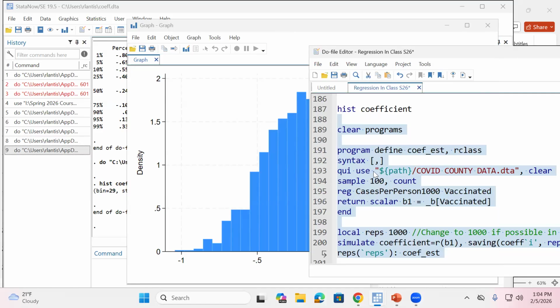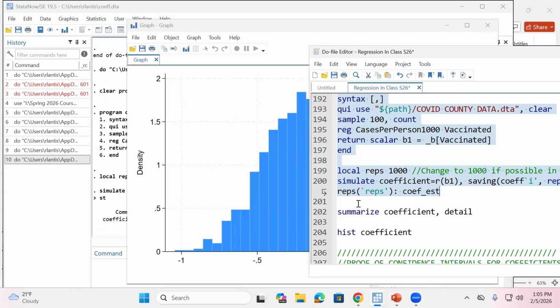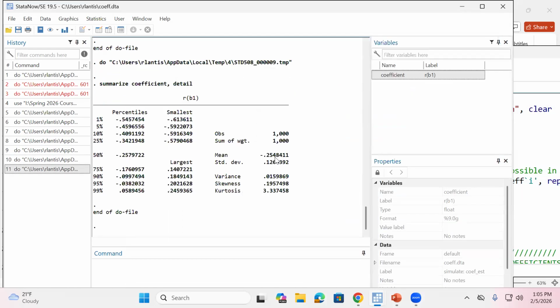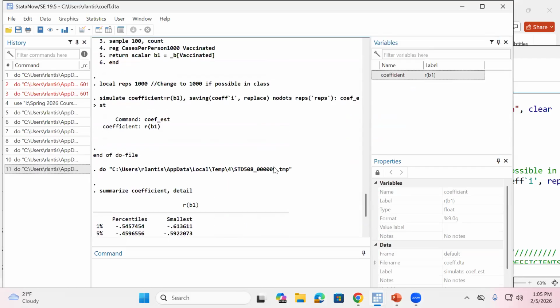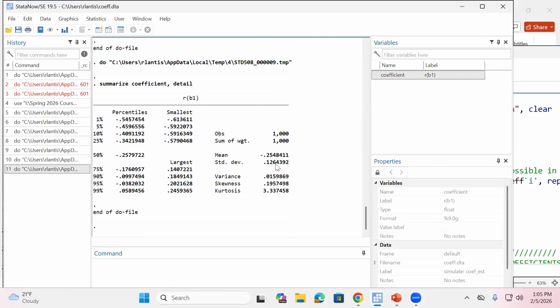When I do the exact same thing, but take higher samples, those extreme values should be a lot less likely, right? I should be getting a more peaked normal distribution. So I'm going to go ahead, run this, take 1,000 different samples of size 100 now. What ends up being true is if I summarize those coefficients, they're still centered around that true mean of negative 0.25. But notice what has happened to that standard deviation or the variance in those values. It is now, instead of 0.23, it is now 0.12.